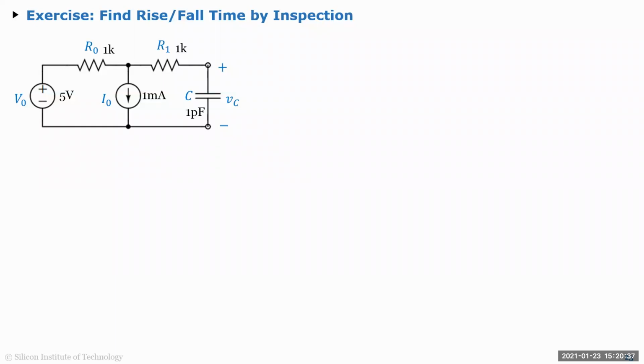The C value is 1 picofarad and the equivalent resistance will be 2 kilo ohms. So we'll just multiply. Why 2 kilo ohms? We will look from the capacitor terminal, open circuit the cap, and look from there. But why do you do that? Chandan says that's the output impedance of the circuit. So he's saying that you open the cap and look at the output impedance, but one way to look at it is you are basically trying to find the Thevenin equivalent,